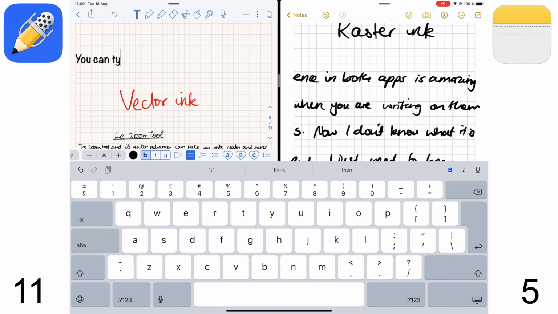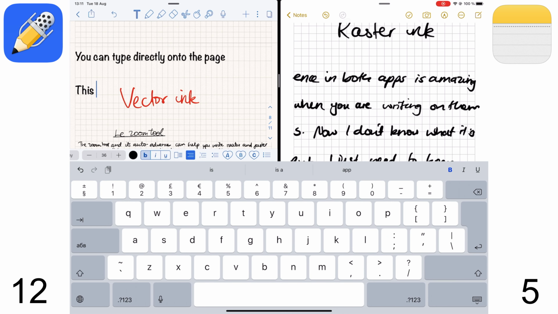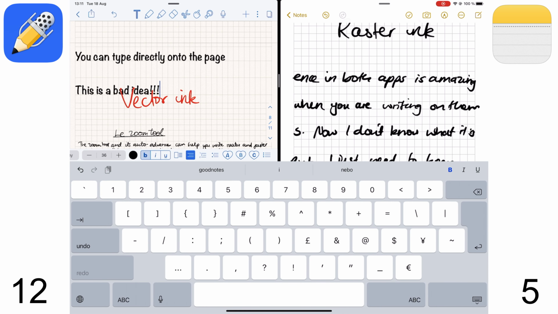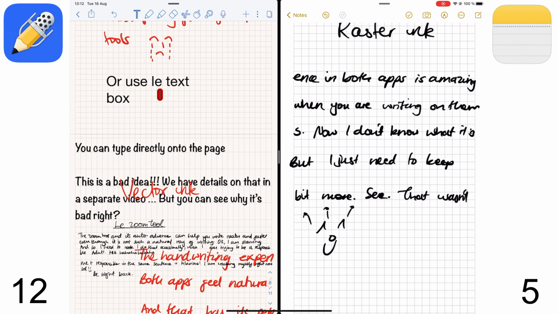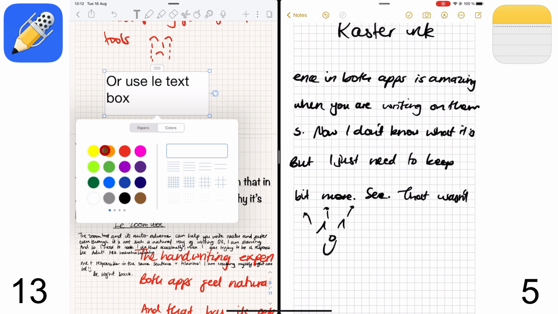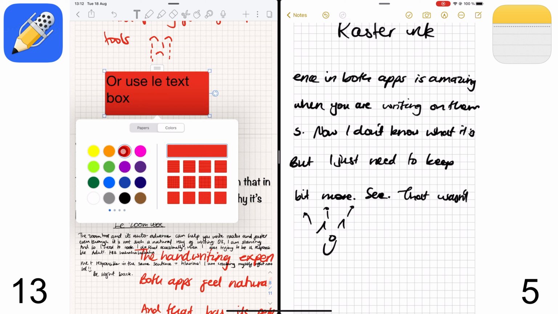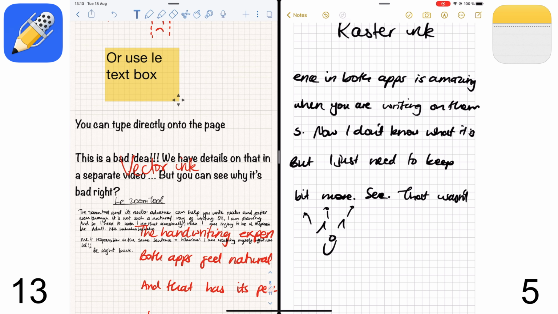In Notability, you can type directly on the page or use text boxes. We do not recommend adding text directly onto the page in Notability when mixing handwritten and typed notes. Your text boxes can be on paper textures or have colors. The color options you get are the same as for the pen tool. Your text boxes do not have borders though, so they feel a bit incomplete. But at least you can get text boxes in Notability, allowing you to mix your handwritten notes and typed notes